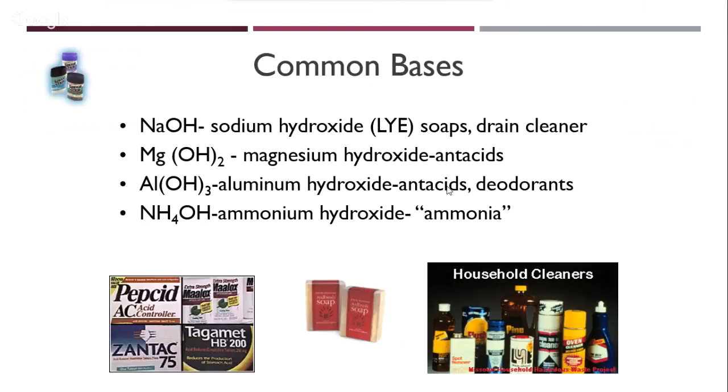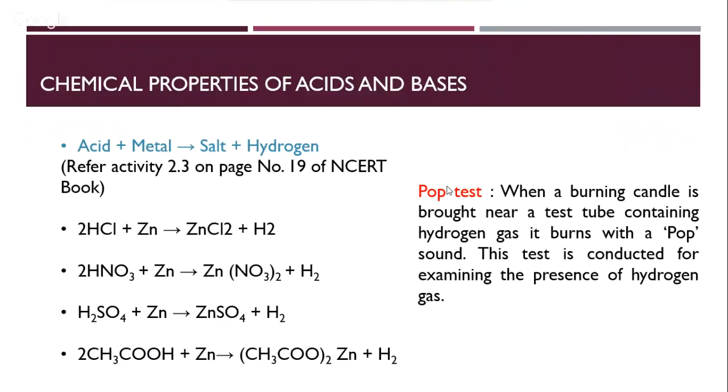Okay, then we actually use magnesium hydroxide. We also have aluminum hydroxide, quite commonly used in deodorants, and then ammonium hydroxide, which is a very weak base, known as ammonia. So that's a quick look at what acids and bases are, and some of the important reactions of